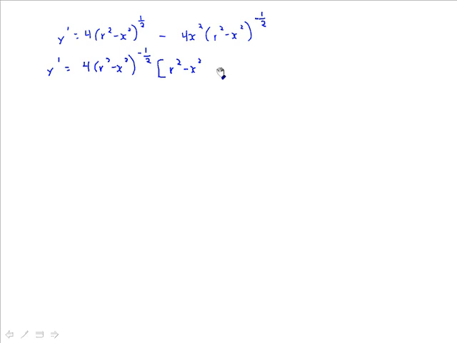And then for the second one, the 4 is gone, so minus x squared is all we have left. So therefore, a prime as a function of x is equal to r squared minus 2x squared over top of the square root of r squared